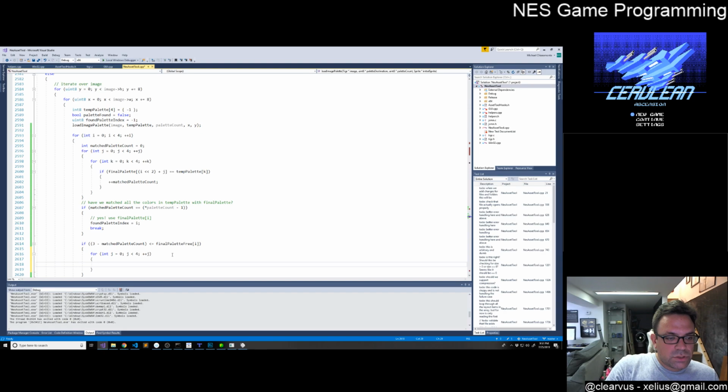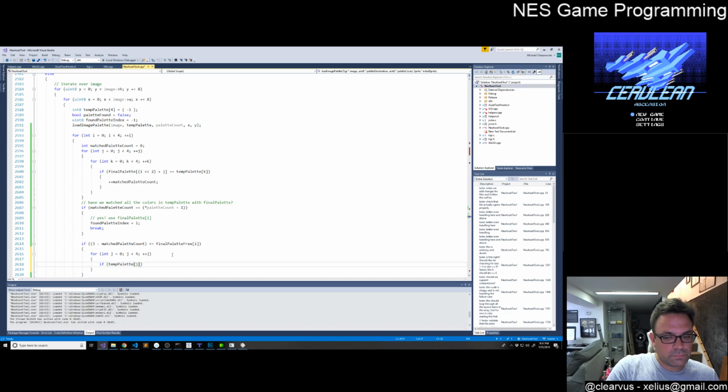So for int j is equal to 0, j is less than 4, we increase j, and what we're doing is if temp palette j,